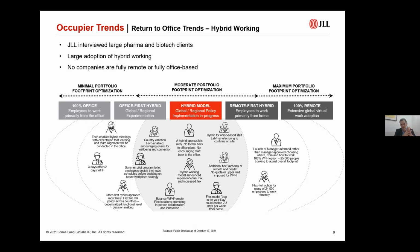But one of the things that we did is that we interviewed a large number of our pharma and biotech clients. As you'll very quickly realize, all of the people sitting below this diagram are anonymized on purpose. But the idea is to give you a feeling and a flavor for how some of the bigger corporate occupier clients in this space are thinking about how they use their real estate. At one end of the spectrum, we've got people who are using 100% office, so employees are back to work and primarily being in the office, and at the other end of the spectrum, 100% remote. What's really clear is that quite a large bunch of those companies sit in the middle, so they are not at one end of the spectrum or the other, and there is a very high proportion of hybrid